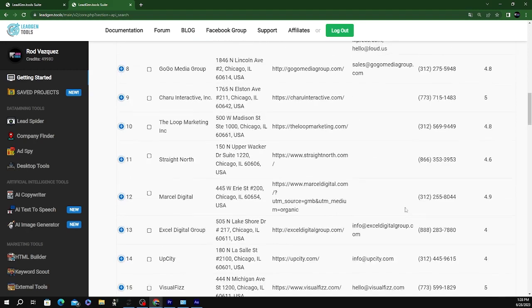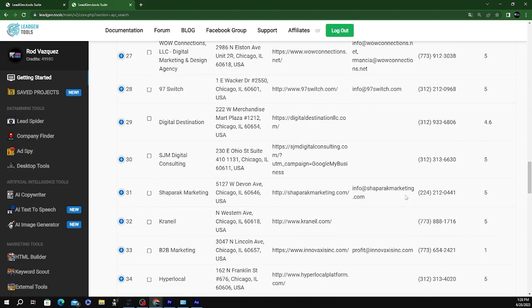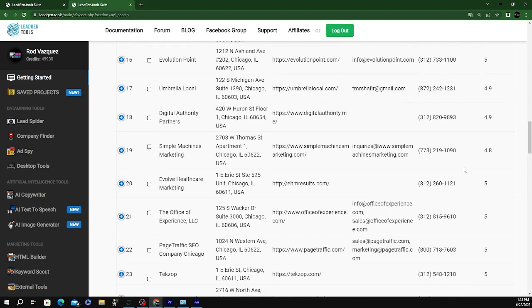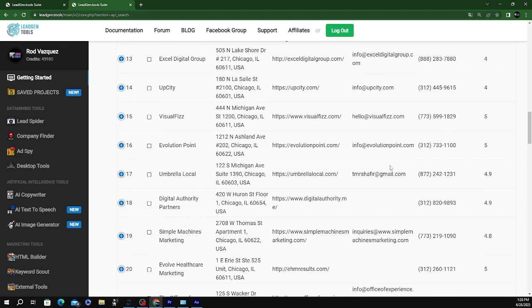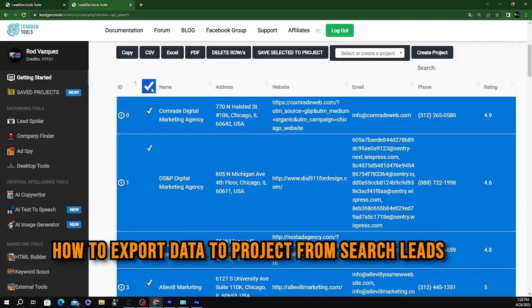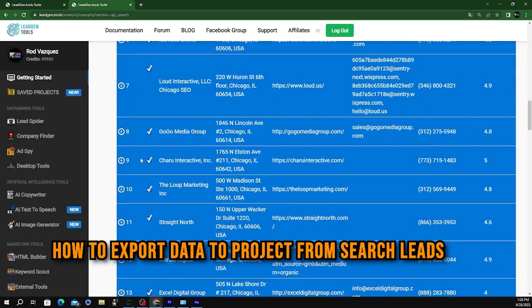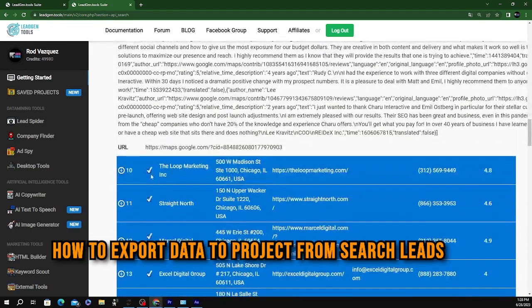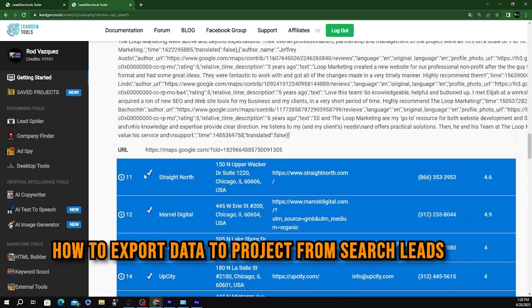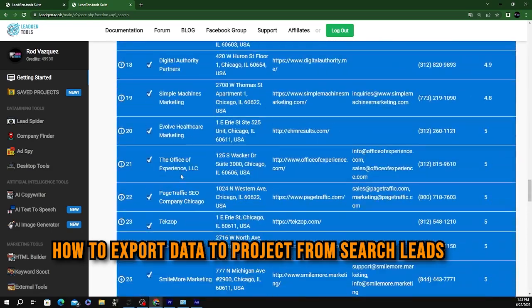So as you can see, we are crawling the websites and grab the contact information and other insights that are gonna work for you, but I'm gonna keep it simple and explain how you can export your project to Gmass campaign. So I'm gonna select them all and remove the ones that I'm not interested in. That's gonna be faster. Let's make it more reliable later. There's a button that I'm gonna add, select all with email,